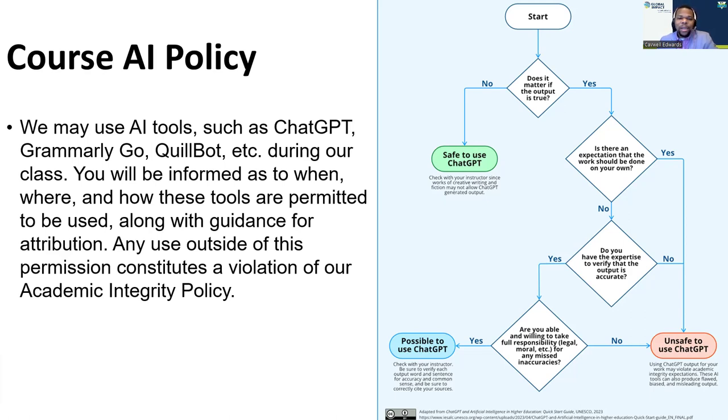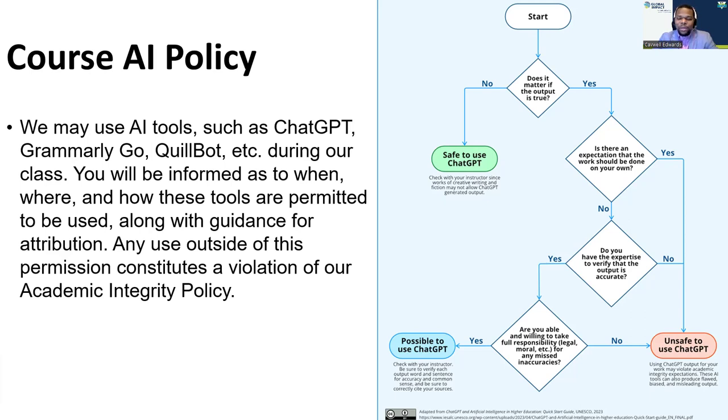So does it matter if the output is true when you are analyzing your assignment or your task? If the answer is no, then it is safe to use ChatGPT because in terms of what you are looking at in the results when you put your prompt into ChatGPT, it is not information that you can verify immediately whether it's true or not.